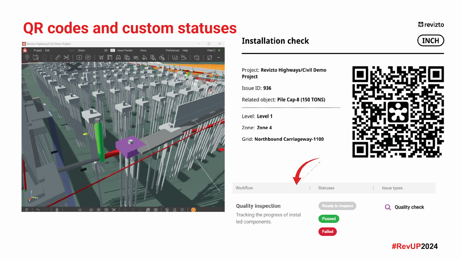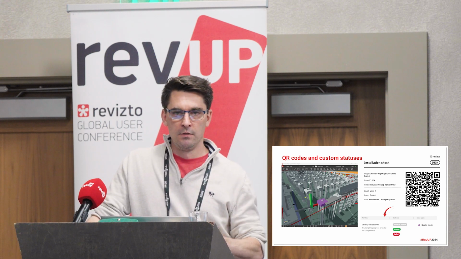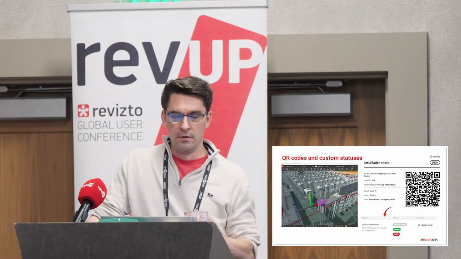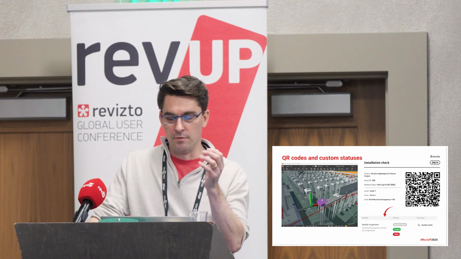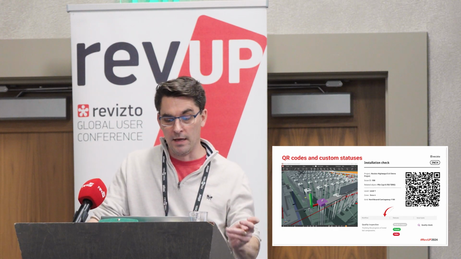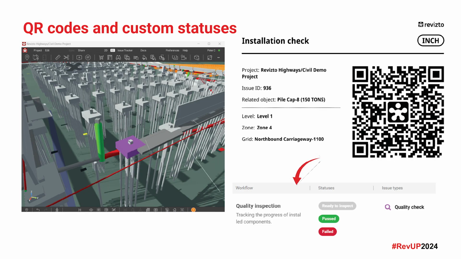So in this sort of example workflow, I've imagined a scenario where the pile caps need to be checked once they've been installed for quality. So you can easily create a search set for those pile caps. You can easily create multiple issues, one for each of those pile caps, essentially in one hit. You can then generate a QR code from those issues, print that off, take it out on site, and then